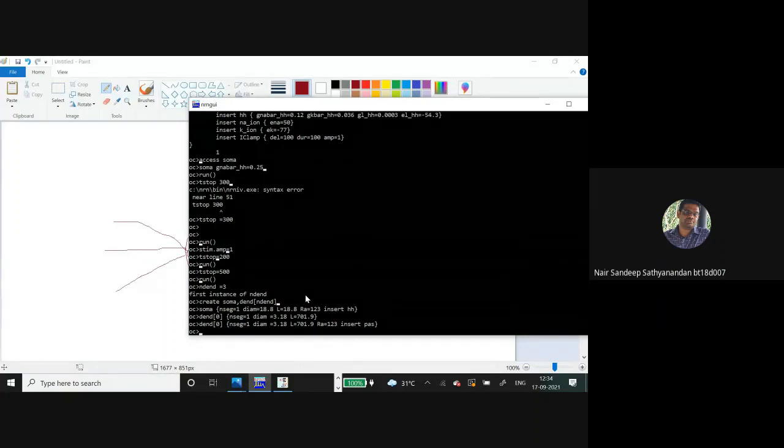Let us say we want to configure another dendrite. We can also run this in a for loop, but since it is a starting, I am explaining it step by step. Otherwise, we can use a for loop from 0 to that end and create all the properties. In that case, all the dendrites will have the same signaling properties. So we can access that particular dendrite and then make the modification.